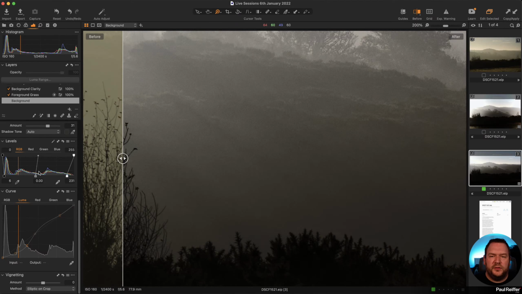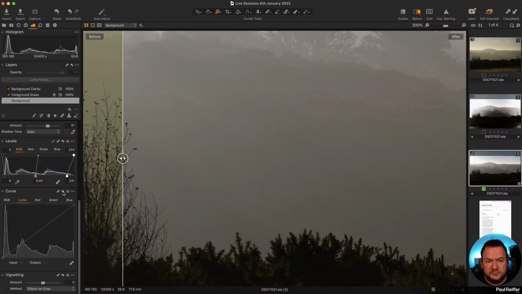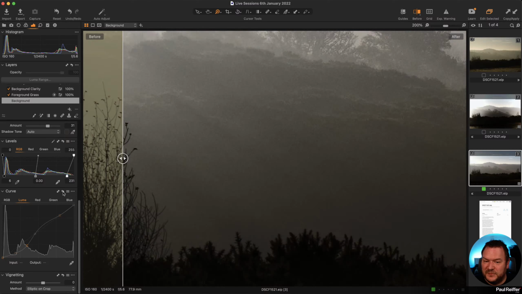The levels tool, if you think about it as a simplified version of curves, allows you some very basic controls to say get brighter, get darker, move the midpoint. Curves allows us to be a lot more precise. But the problem with curves, let me just undo this temporarily. So without, no noise. With, all the noise. And it's not actually necessarily a bad thing, this noise that's coming in.